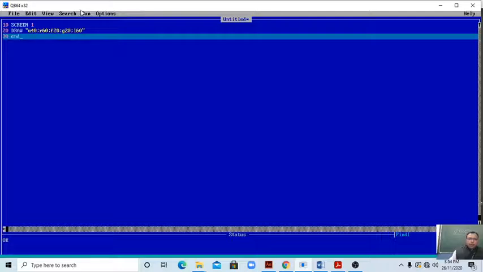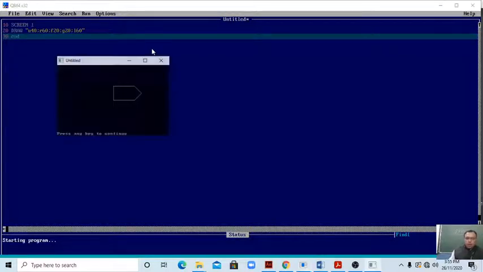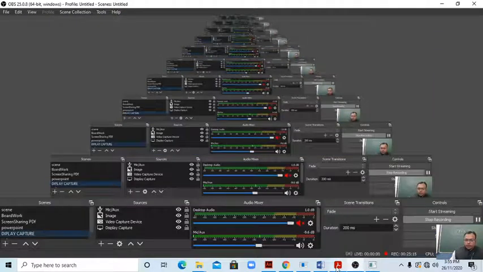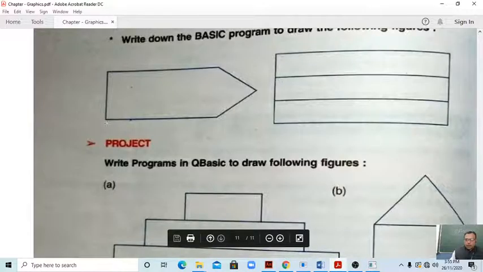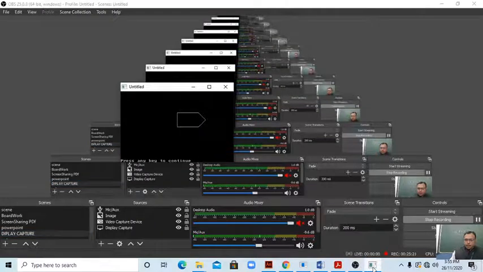Okay, run, start. Students, you can see now. Yes, the same figure we have drawn here, students. Whatever figure we showed you, see, this is the same figure. Clear? Clear, students?